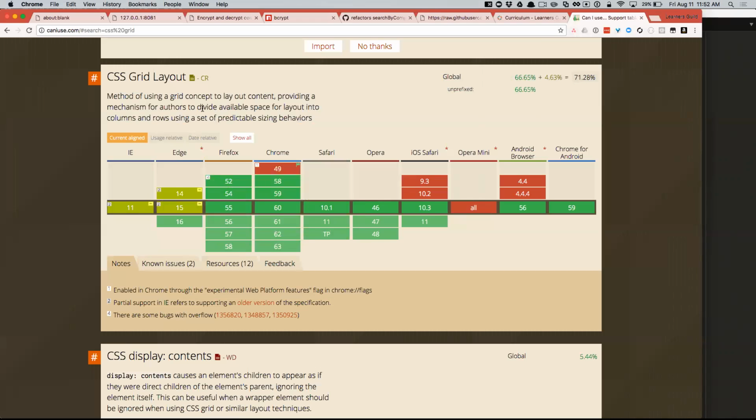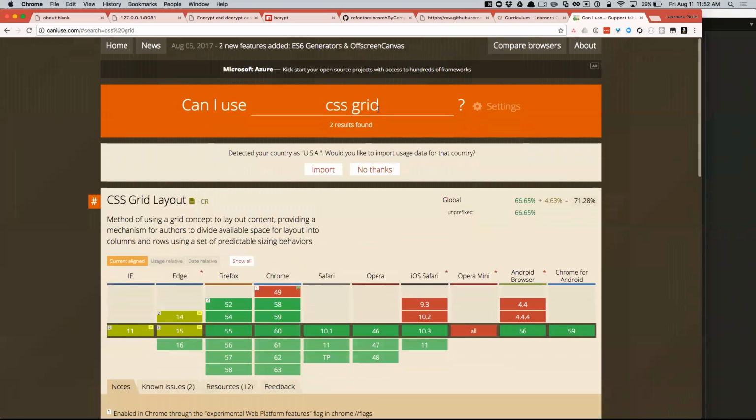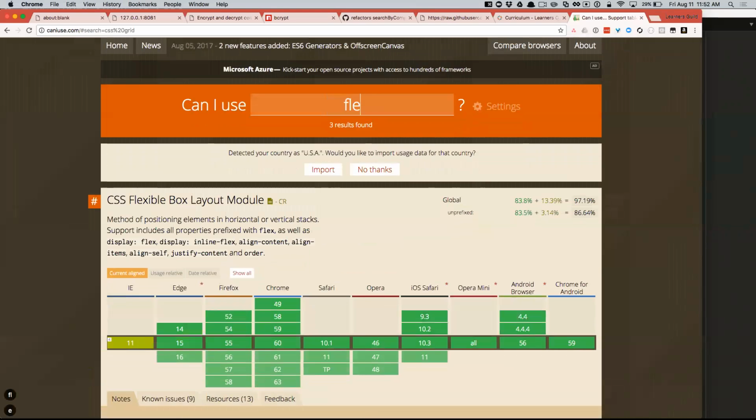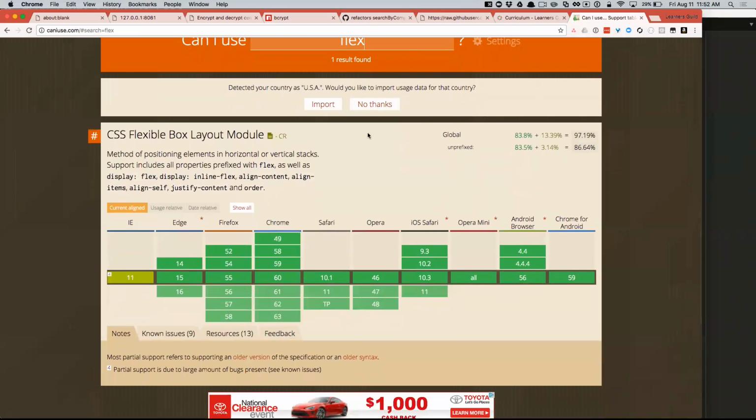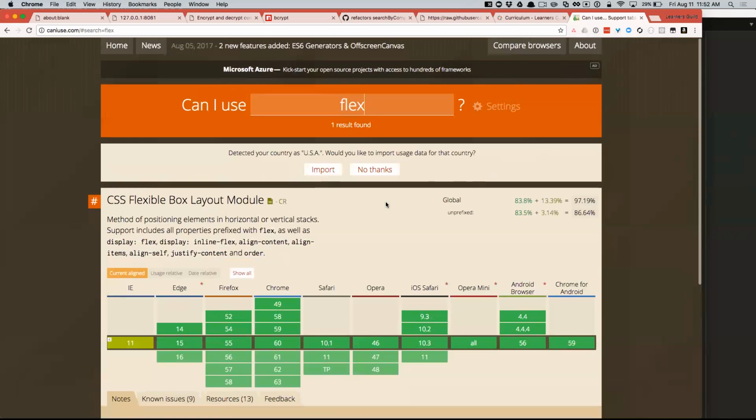You should still learn how to position things with floats in case you need to. See, Flexbox is much more supported than this. Flexbox is 83%. I think we can use Flexbox everywhere. There's a lot of green here. So definitely learn Flexbox. The grid thing is new and awesome, and it will probably be the new way, but